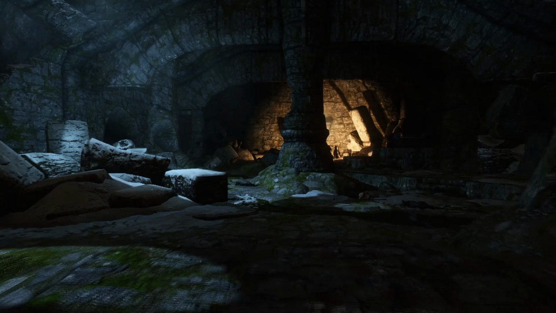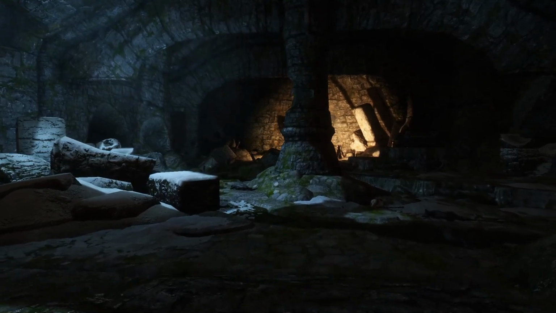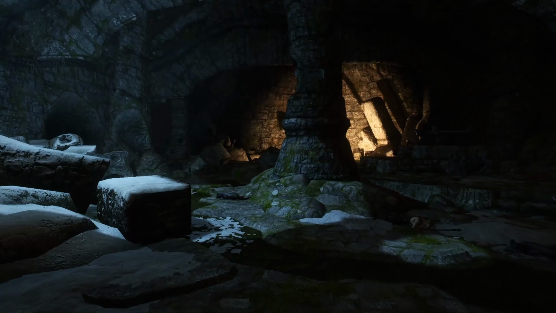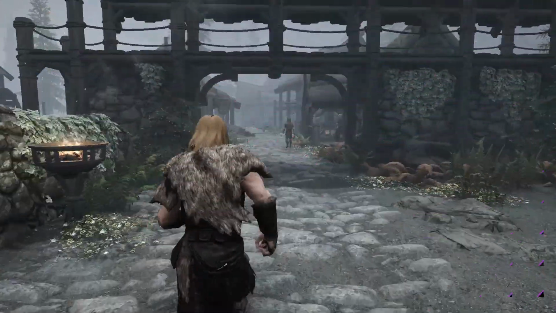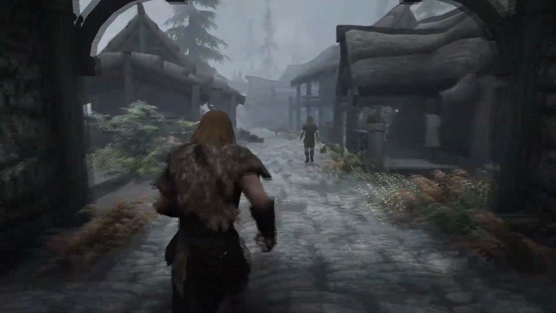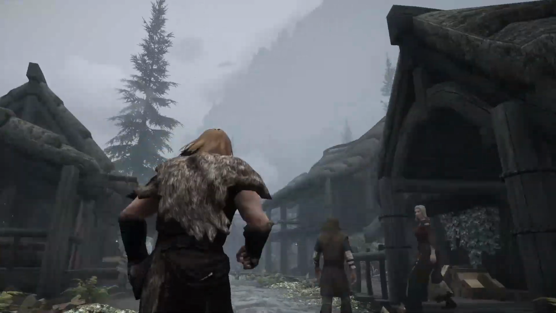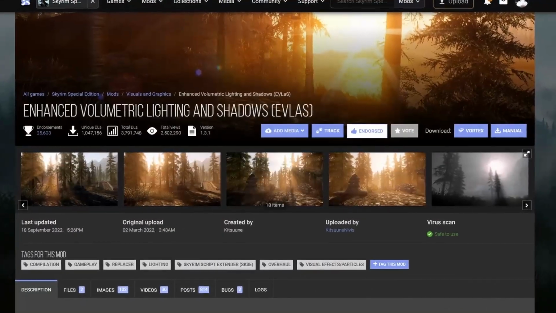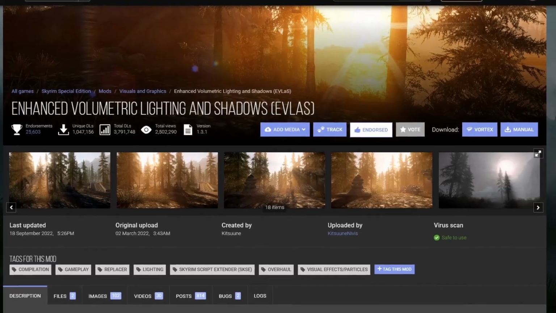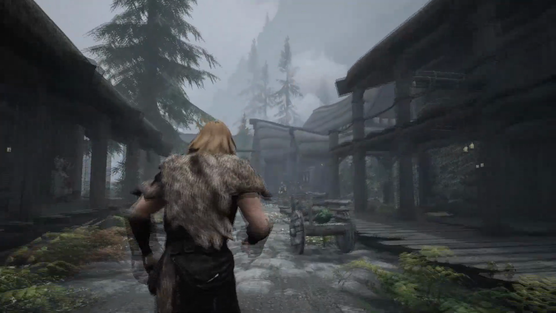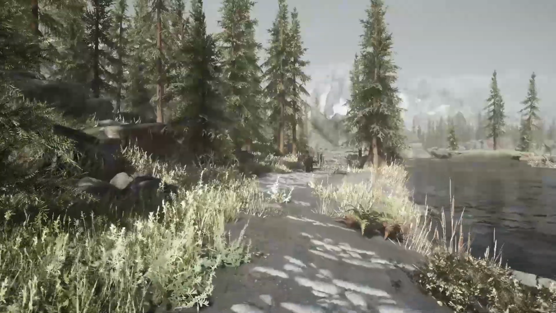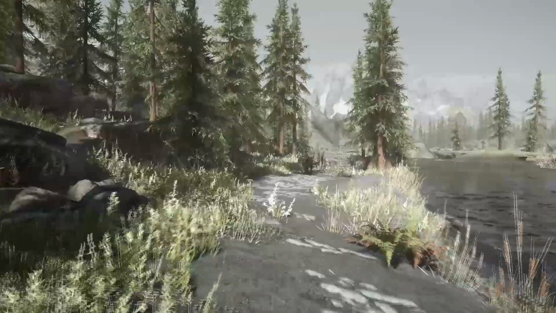So when it comes to interiors, ELFX Shadows is quite more heavy, but we don't get that much stuttering or performance loss, which makes all of the interiors again so much more alive and so much better. And then of course I am using the enhanced volumetric lightings and shadows, which gives us some beautiful shadows combined with everything. ENB covers skylighting, gives us some extra shadows, complex parallax, all of those things ENB covers